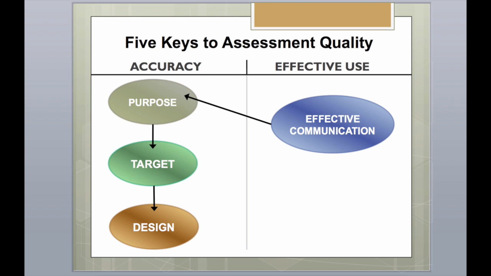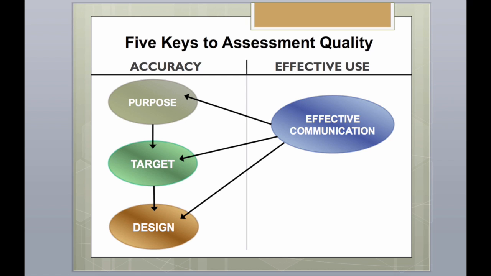Therefore, how am I going to communicate the information? And then we move from effective communication to clear targets. Am I sure that I am communicating about the targets that I'm teaching? Do my grades and my feedback and all of my communication reflect achievement on valued learning targets? The third consideration is, have my assessments been designed so they can support the communication